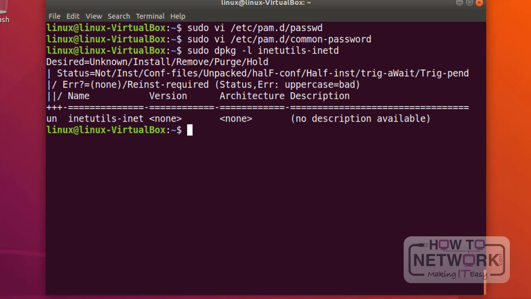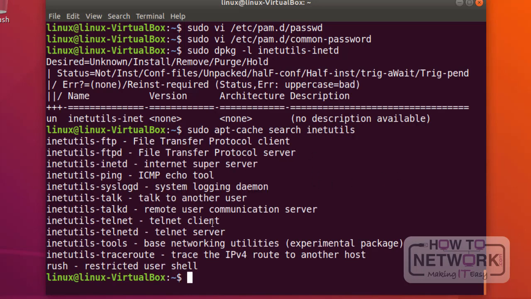But if you want to install it, you can. And it's this one right here. Now, all these tools, whether it's the inetd, xinetd, or AppArmor, what they do is they will allow you to set up different features regarding